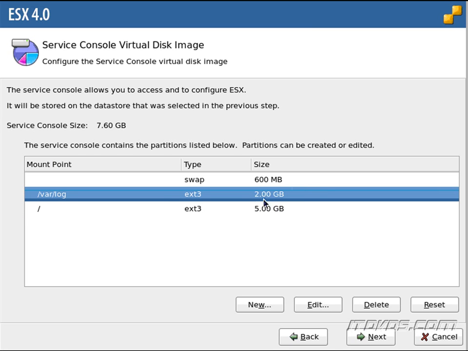Same with the log partition. They recommend that they keep it like it is. You can make it a little bit bigger. It's really not going to hurt anything. If you're doing some kind of archiving on this partition, then you'd probably want to make it bigger, say 5